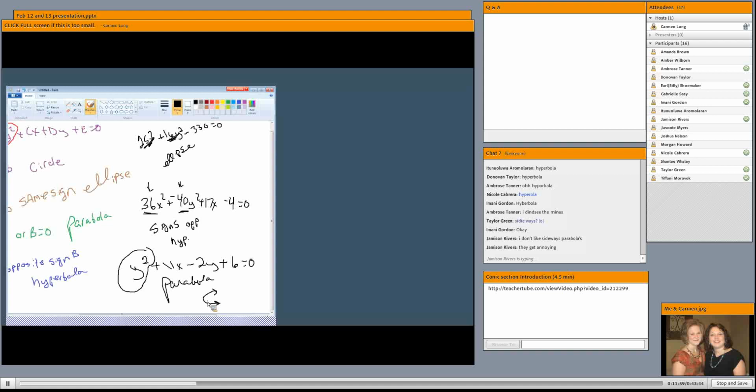All the quadratic stuff you've worked with before are parabolas. But we're going to add a little element of where they come from. So let's say for